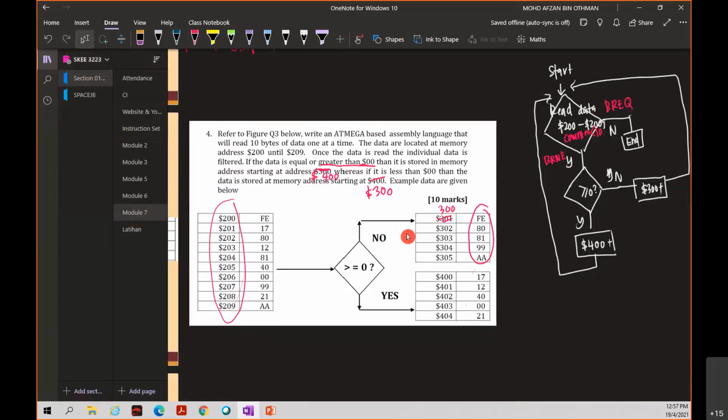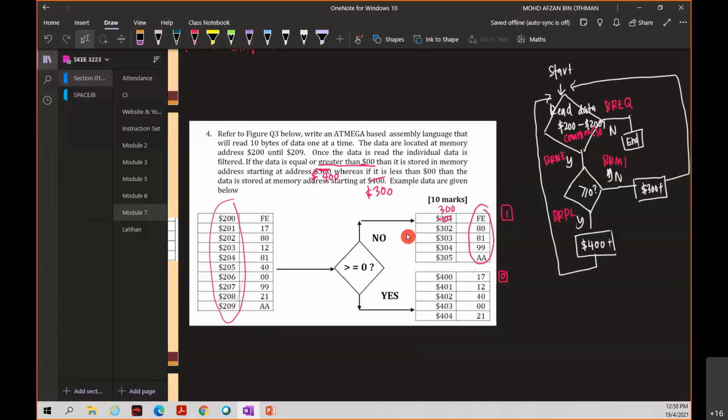All of the sign values here are 1, while this one here, the sign value is 0. So why not we use BRPL or BRMI? This is BRPL for plus number, and this is BRMI for